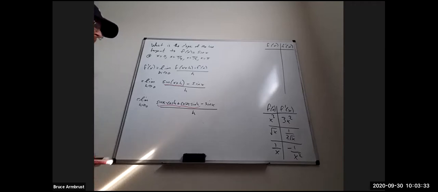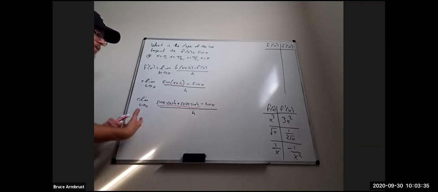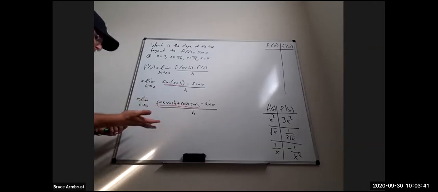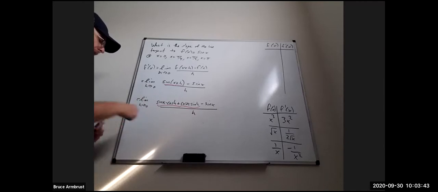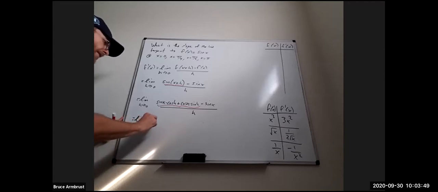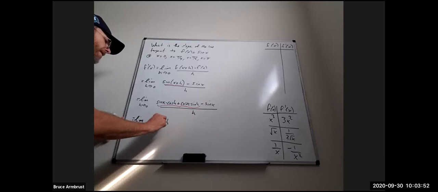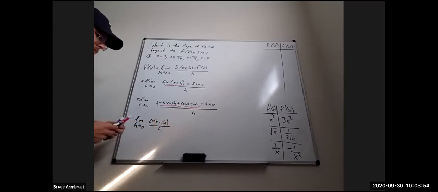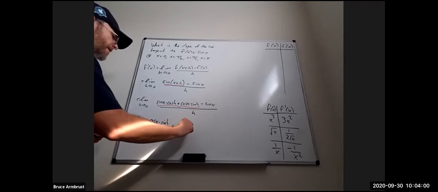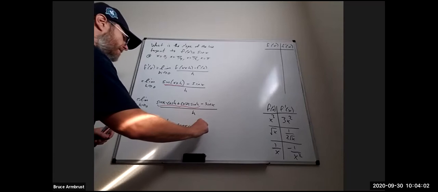And so then the next step I'm going to do is get all the ones that have sine of x and put them together, and the cosine of x, I'll put those together elsewhere. So I'll just split this up. Let me start with the cosine one. So we have cosine of x times the sine of h over h. So that was that middle term. And then we're going to have plus sine of x cosine of h minus sine of x